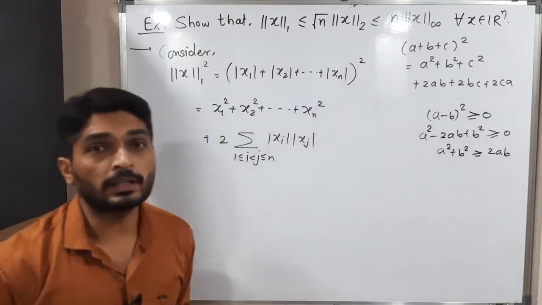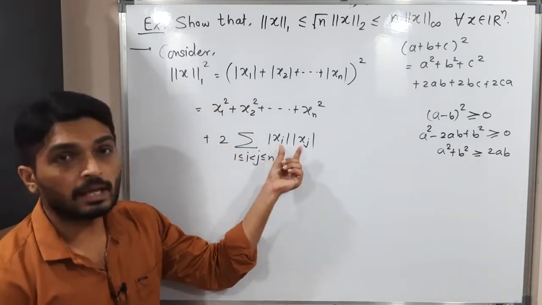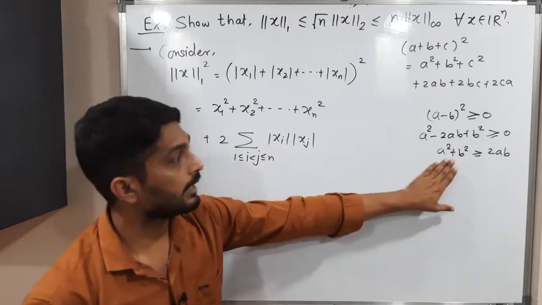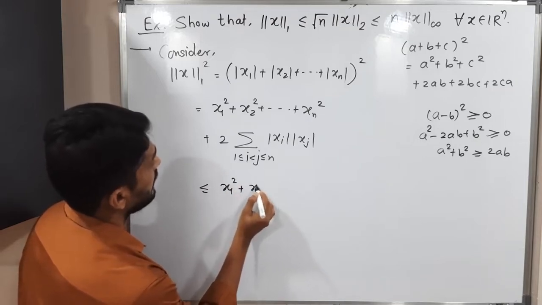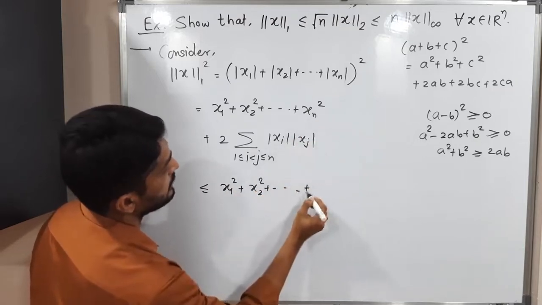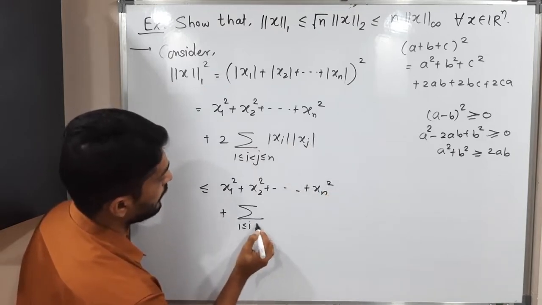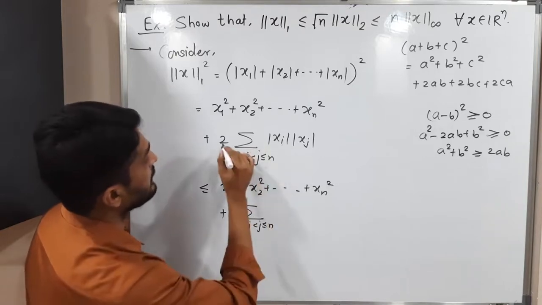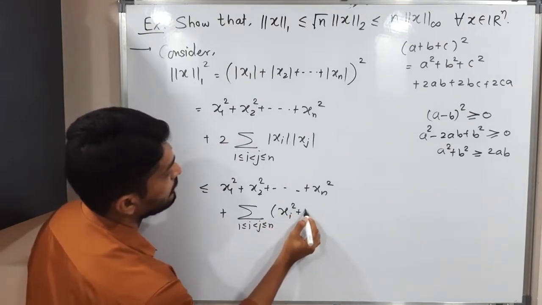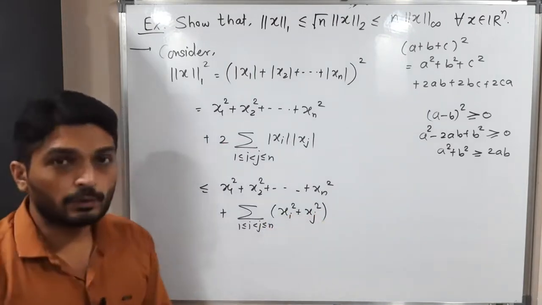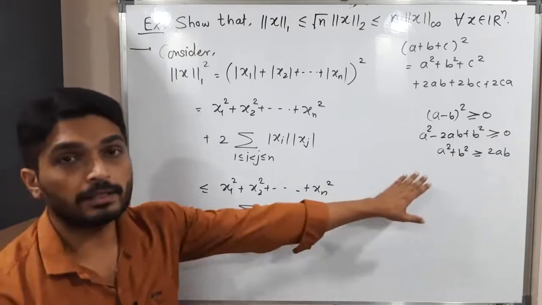Okay, a very important inequality we have got. That means 2ab, the same type of thing we have got, no? In 2ab, this is a and this is b. So this inequality I am going to use here. So this is less than or equal to x1 square plus x2 square, I am first copying these terms, up to xn square, plus summation over 1 less than or equal to i less than j less than or equal to n. I am replacing 2 times this term by a square plus b square, that means xi square plus xj square. See, when you take a square, no need to write mod since it cannot be negative. Getting? So this inequality I use here.